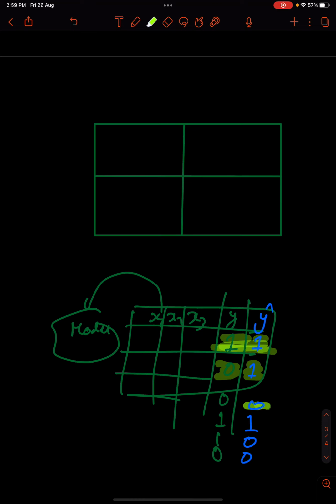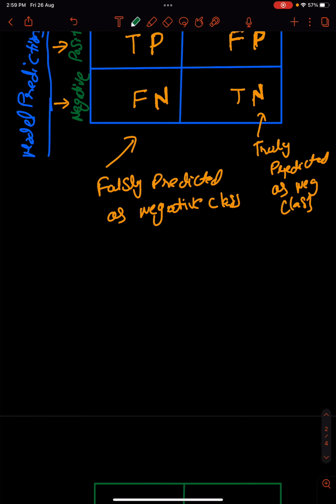The prediction is 0, actual is also 0, so the prediction is correct. 1 1, the prediction is correct. 0 1, the prediction is class 0 but actually it belongs to class 1, so the prediction has gone wrong. So this is right, this is right. Totally there are 4 ways in which the predictions can go wrong, which is exactly what we have seen